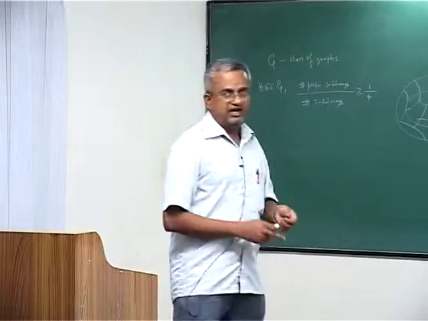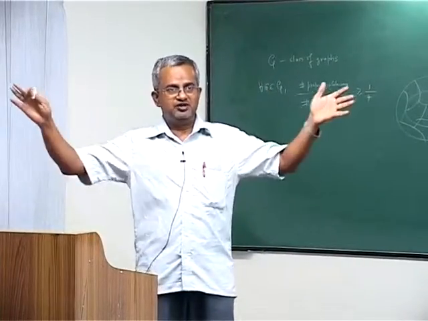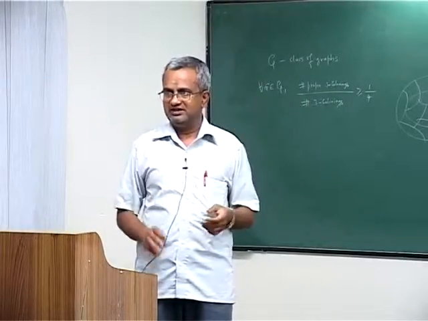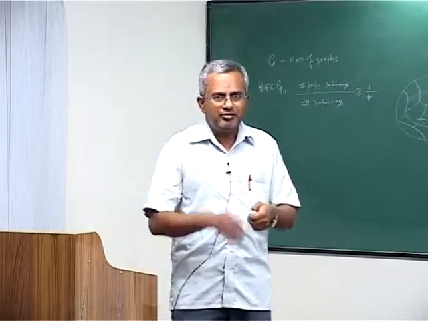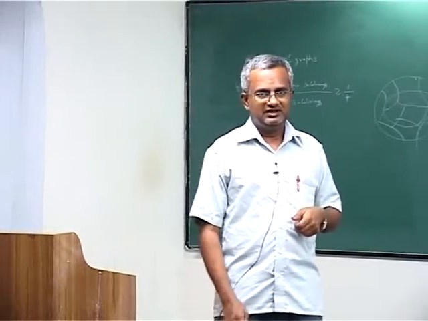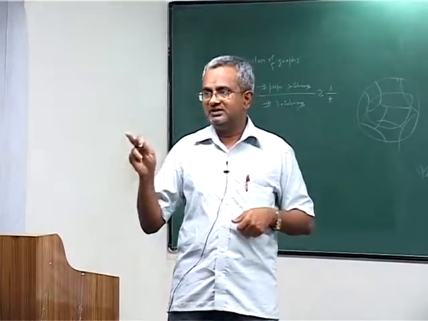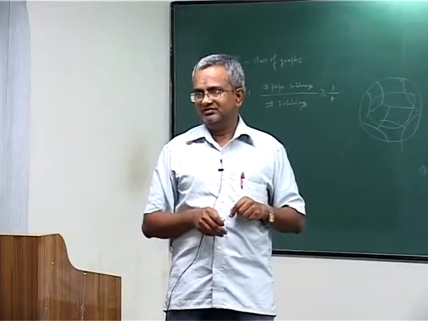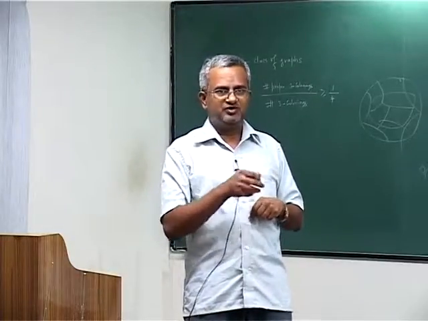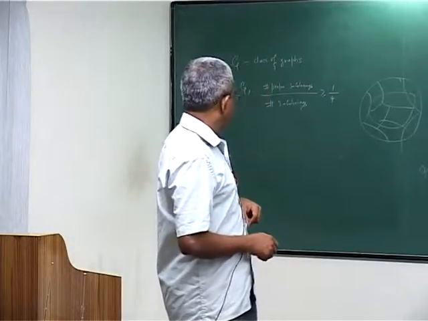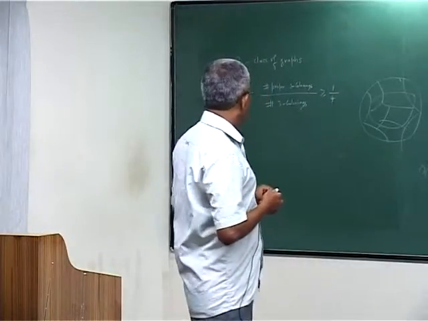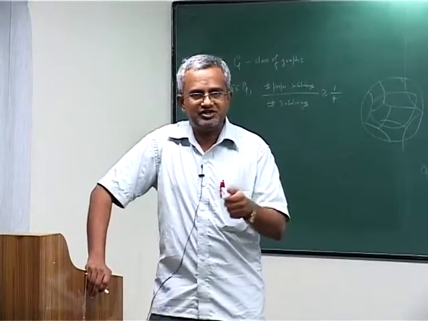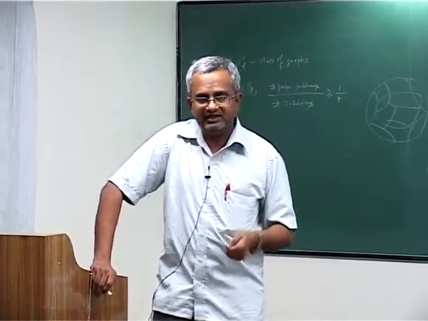If at any iteration you get a proper 3 coloring, you stop there; you have found a proper 3 coloring and your goal is served. If you do not, you keep on doing this again and again until you find a proper 3 coloring. This algorithm can potentially go on infinitely, because in each iteration, with some positive probability, you get a non-proper 3 coloring, so it can go on.